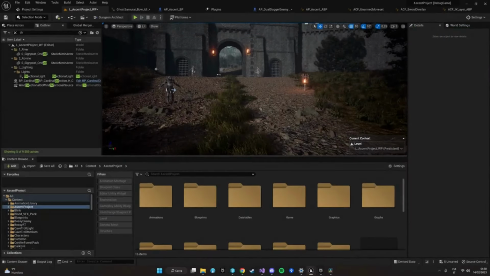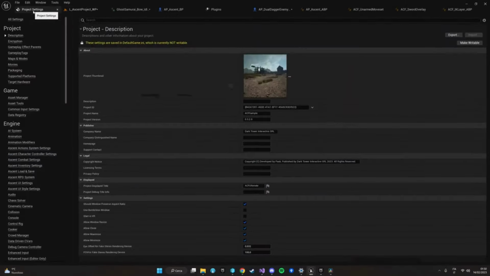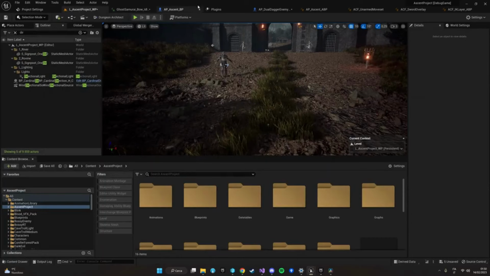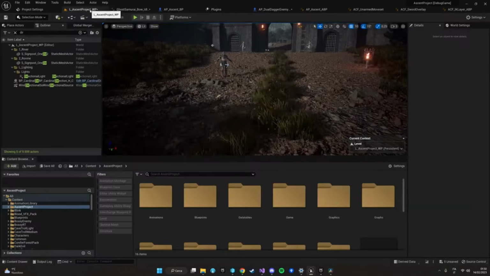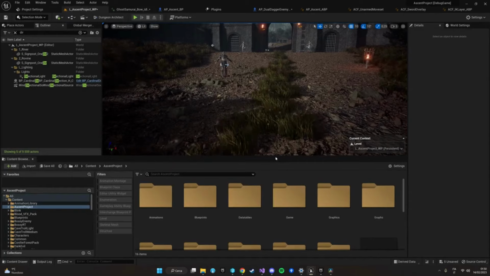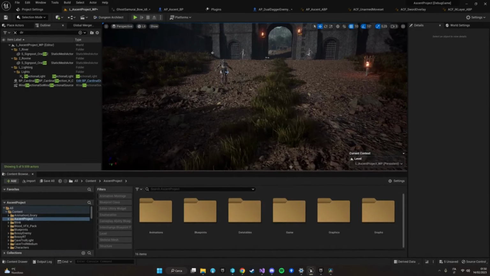Today I'm going to show you how to work with the ACF Character Controller. First of all, make sure that you have the plugin installed and you are working with the latest version of ACF. Secondly, make sure to download the latest sample from Discord. If you're not verified, you can verify yourself by posting a question in the product page or just sending your invoice